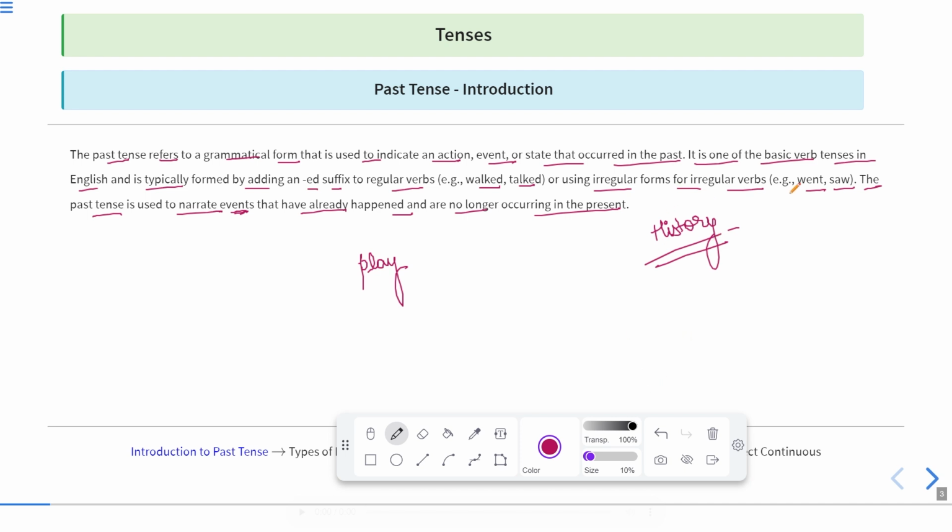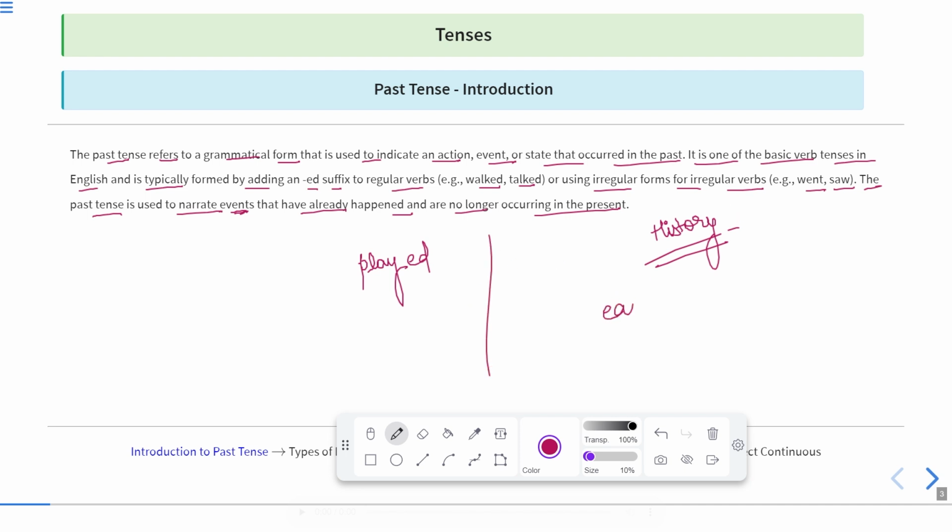Now here you can see that when we convert a tense or a verb into the past form, or when we convert the first form of the verb into the second form of the verb, what we generally do is add ed. For example, if the word is play, we add ed, that is played. For walk, we use walked. For talk, talked. Many verbs are there in which we add ed as the suffix, and that converts into its past form. Okay. However, some are irregular verbs.